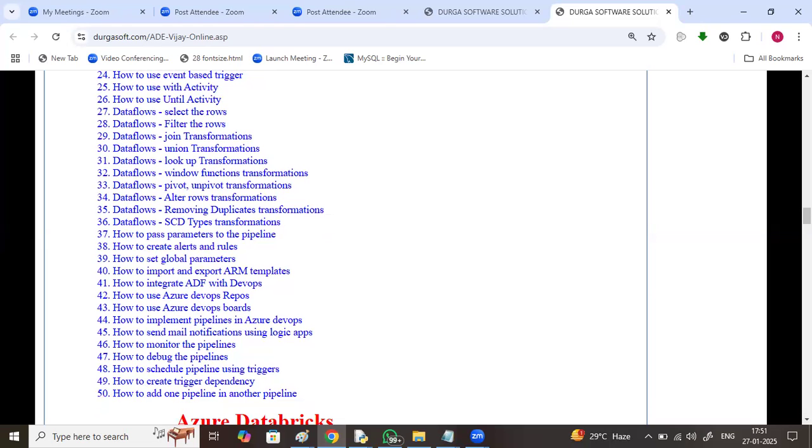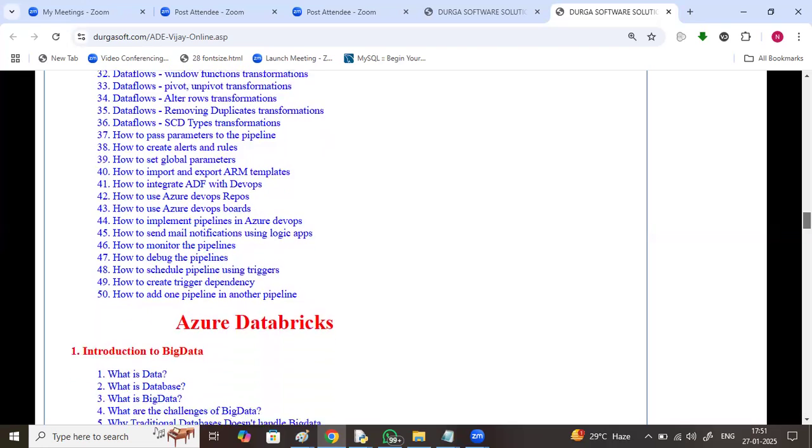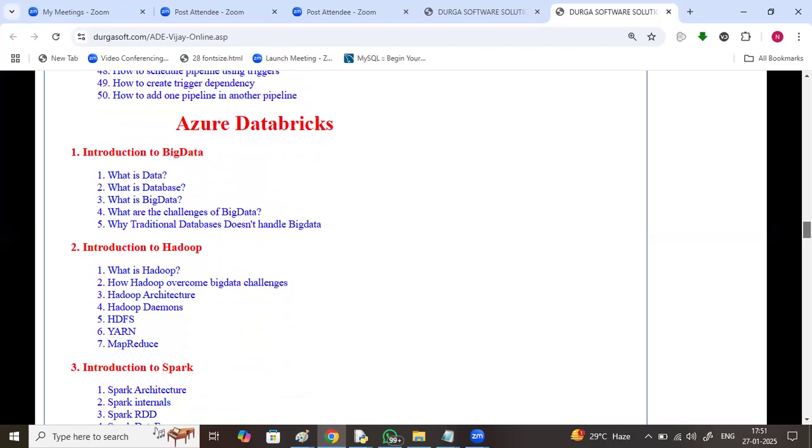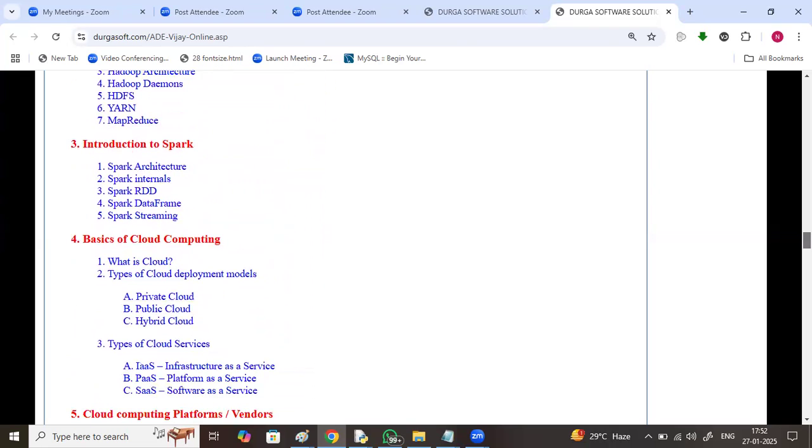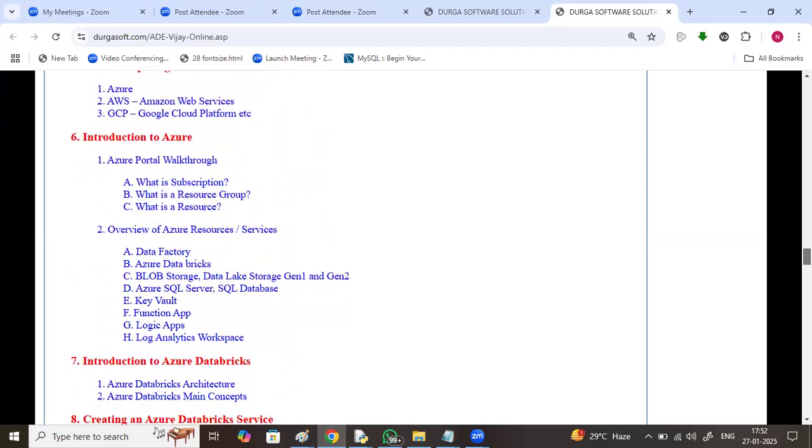Fine. Okay. But if you talk Azure Databricks, it's got great demand in today's market. So even the huge salary packages. So before I go with the Databricks, some overview on this big data, Hadoop and Spark overview on this, coming